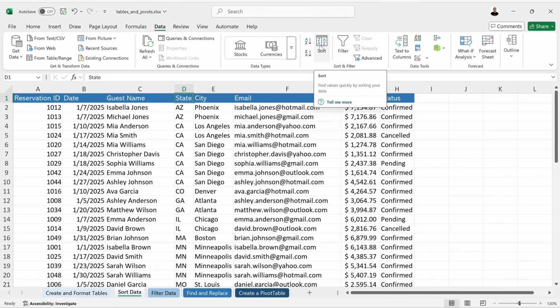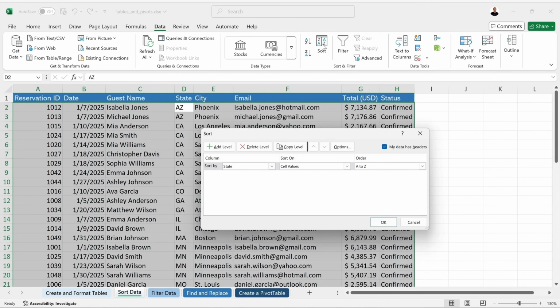I can use advanced sort. I can click here. First, I want to sort by state. I choose the order A to Z. Then I can include a new level. I click here and choose which column I want to use for sorting again. In this case, city. Again, I can use the same order, but if I want another order, I can choose this